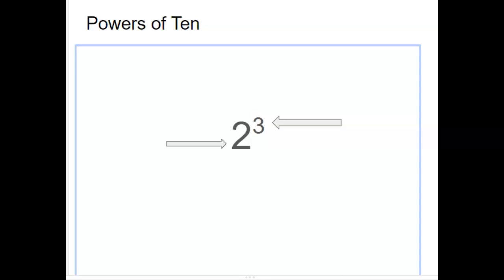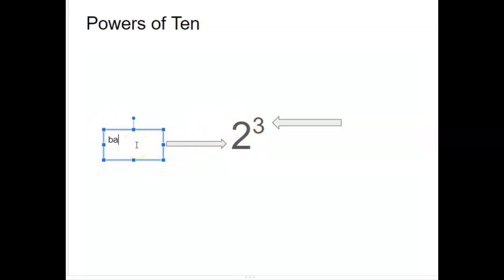Here we have an example. The third power of 2. Okay, the third power of 2. So I'm going to go ahead and review the vocabulary. On the previous slide, you had to match some of these terms. I just want to make sure that if you didn't get it right, I can explain it to you. So here we have the 2, and the 2 is called the base. Okay, the base is a number